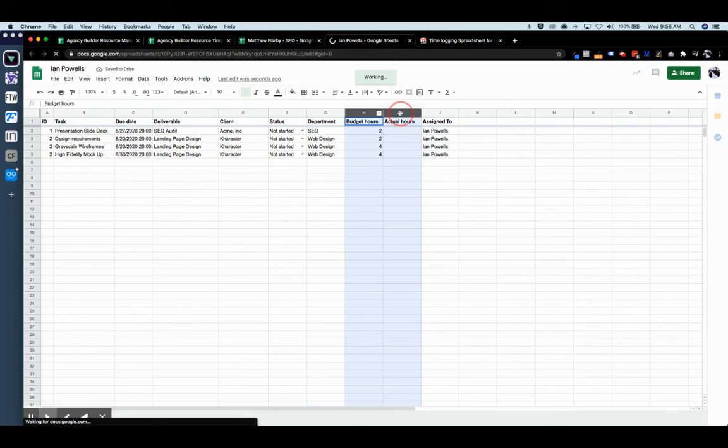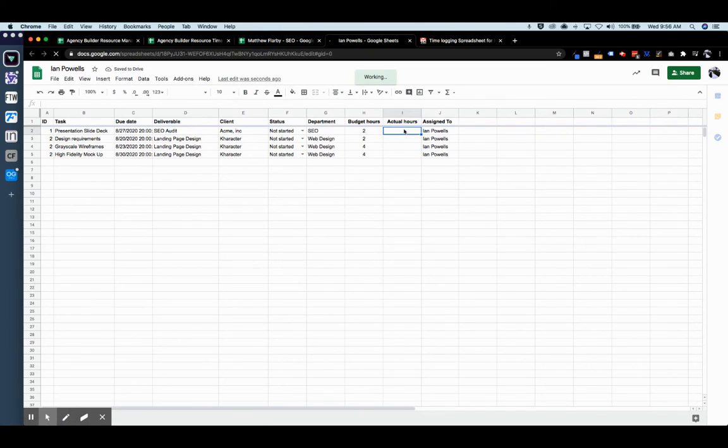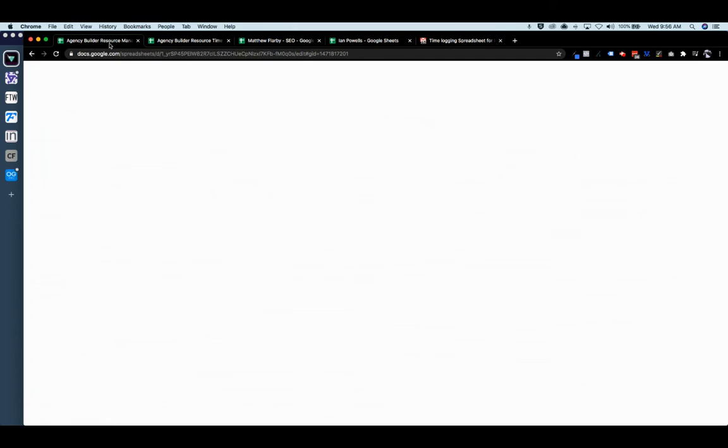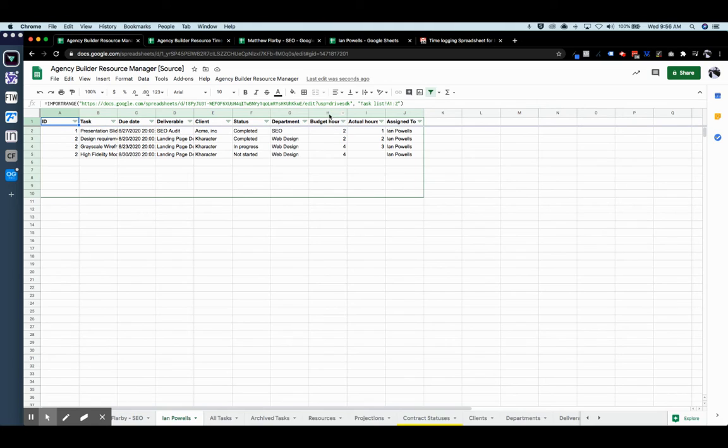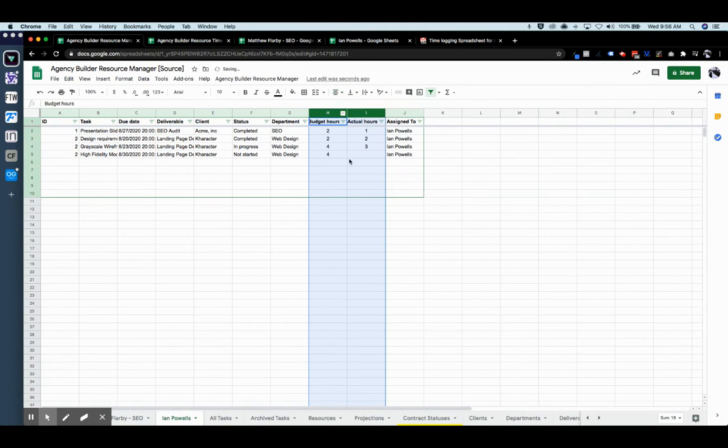So again, we can see budget hours versus actual hours, and we can change these statuses. So let's say this one he got done in 1 hour, and that's completed. This one he finished in 2 hours, completed. This one he's 3 hours in, that one's in progress, and he hasn't started the fourth yet. So again, I'm in Ian's sheet now. If we go back to the actual resource manager, we can see that these have all updated accordingly